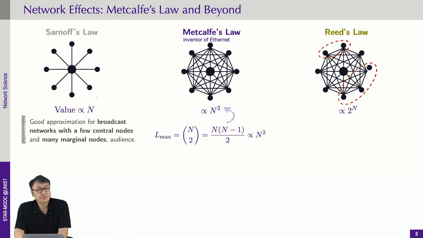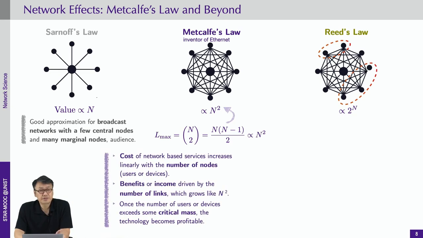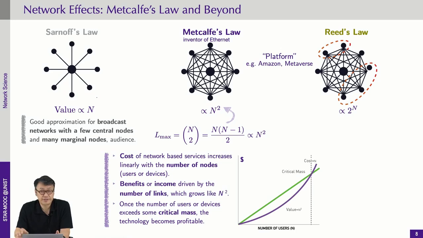This is possible because while the cost of network-based service increases linearly with the number of nodes, the benefit is driven by the number of links, which increases as n squared. So there could be a threshold network size at which the benefit-cost crossover takes place. And the innovative technology eventually becomes